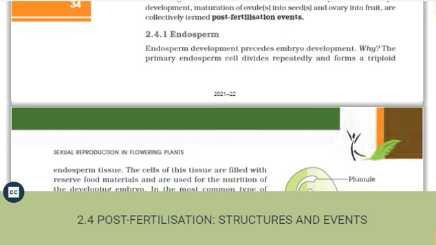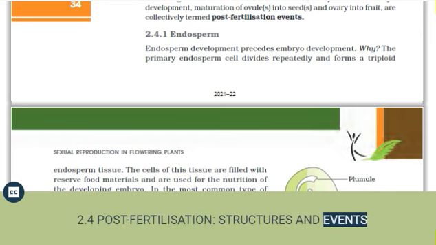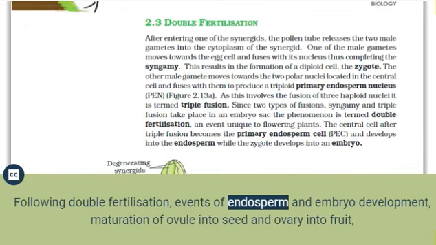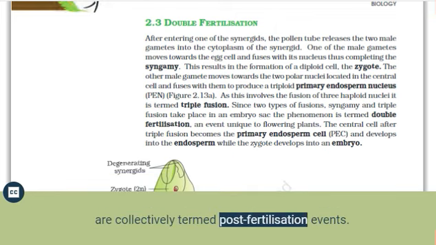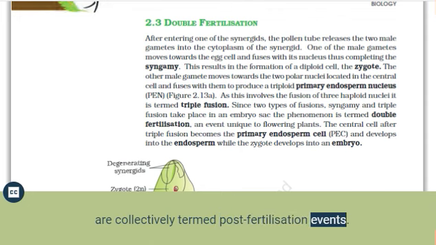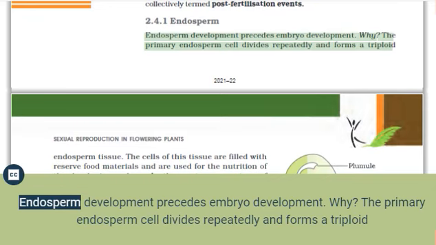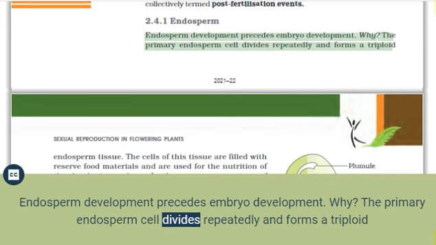Biology. 2.4 Post-fertilization: Structures and Events. Following double fertilization, events of endosperm and embryo development, maturation of ovule into seed and ovary into fruit, are collectively termed post-fertilization events. 2.4.1 Endosperm. Endosperm development precedes embryo development. Why? The primary endosperm cell divides repeatedly and forms a triploid